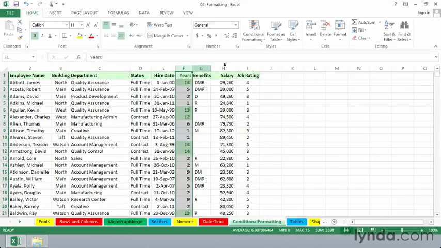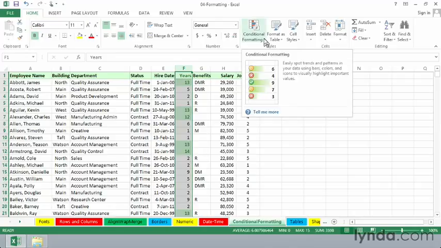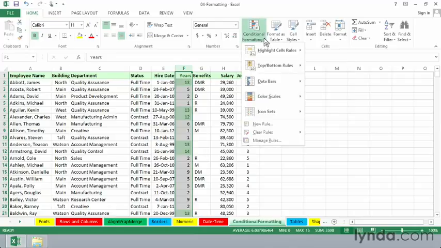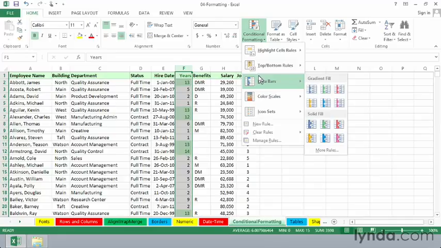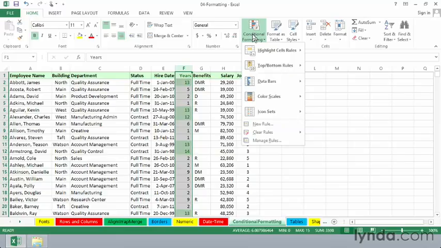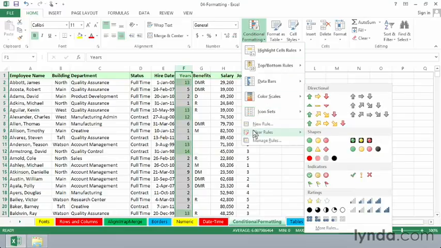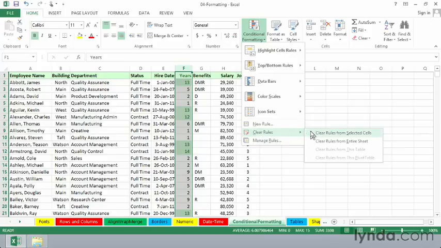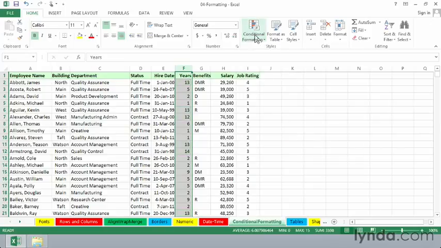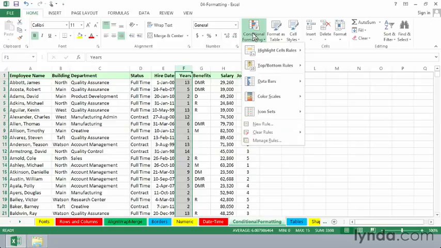Even more colorfully, though, is this idea with using conditional formatting. Now, if we want to use other features like, say, data bars, the existing format stays in place along with these. Now, I don't think we want to use the two together. So when you are making changes to a conditional formatting set of rules that are already in place, you might want to clear the rules, as it's called, from the selected cells,